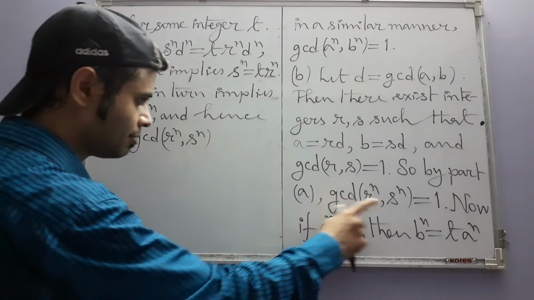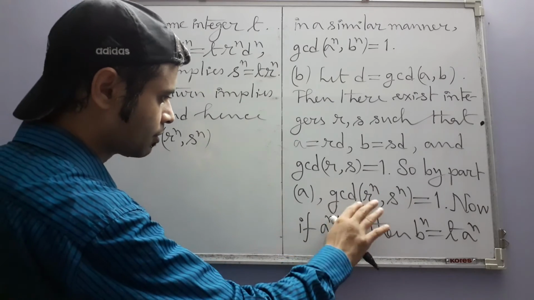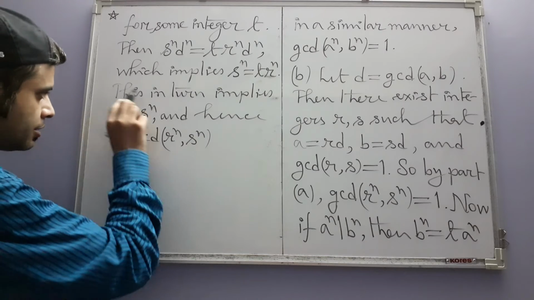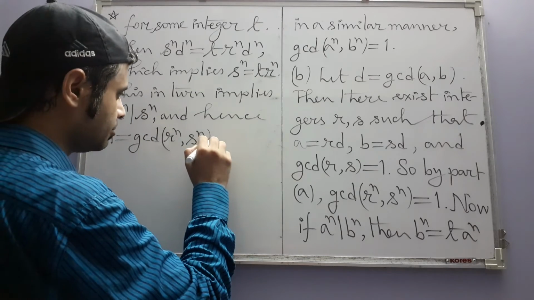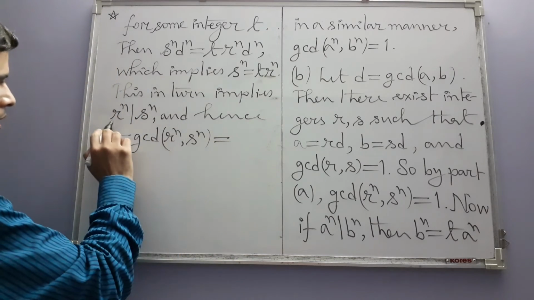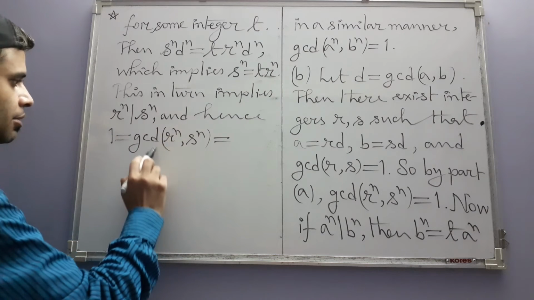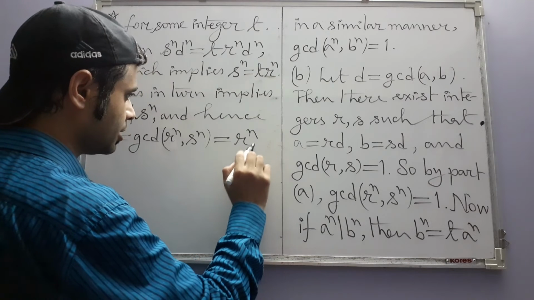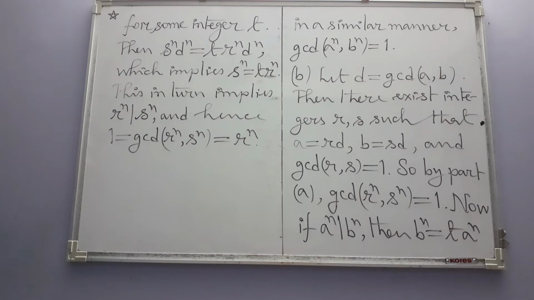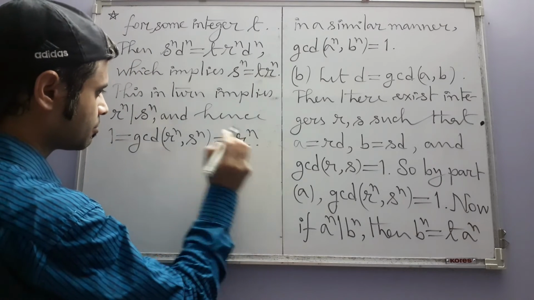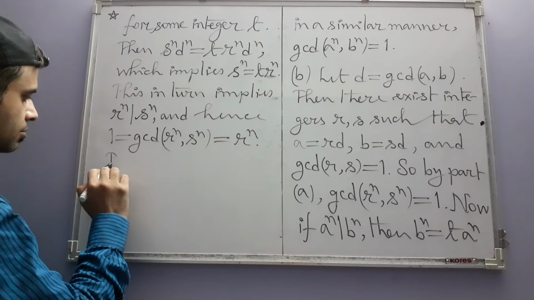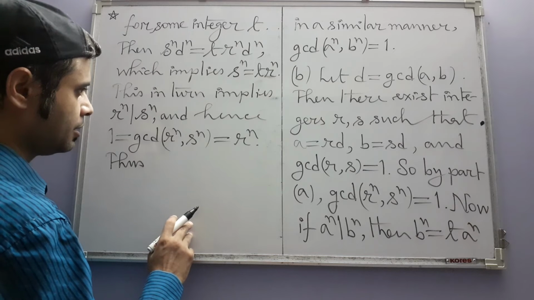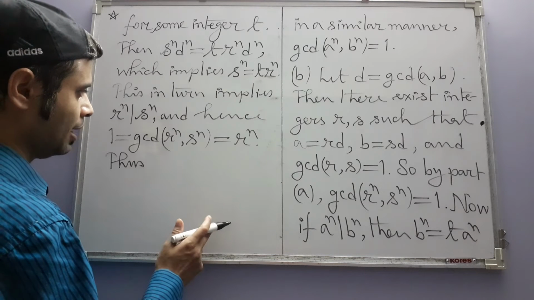This thing we already have. Okay, we have concluded and we now have this thing at our disposal. And this divisibility relation then implies that because r to the power n divides s to the power n, it is in fact equal to the GCD. Thus, now if r to the power n is equal to 1,